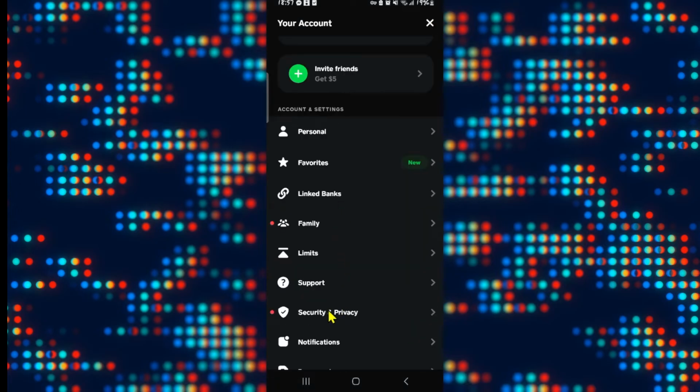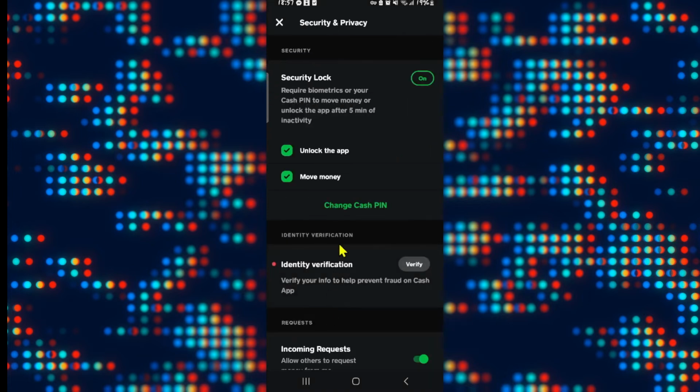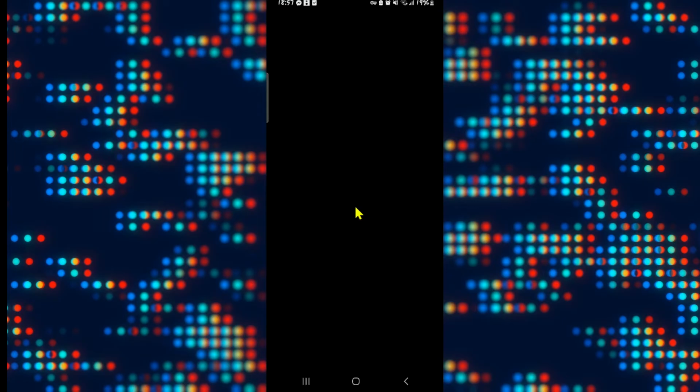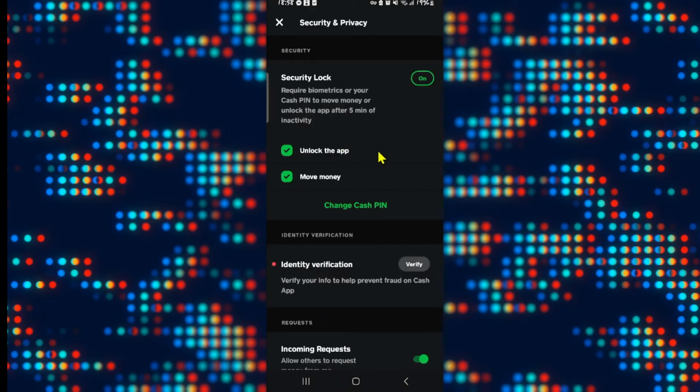if you scroll down and tap on Security and Privacy, you will not find any option to log out from all devices. So in order to do this, you will need to change your Cash App PIN. Just tap on the Change Cash PIN option and you will be asked to enter your old PIN first. Just type in your old PIN and then you will be allowed to enter your new PIN. Type in your new PIN and type it in once again for confirmation, and now your PIN will successfully be